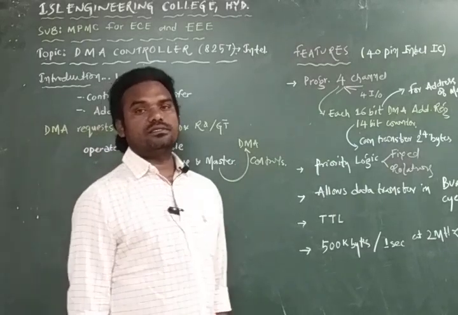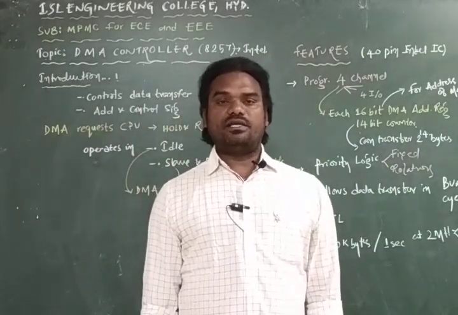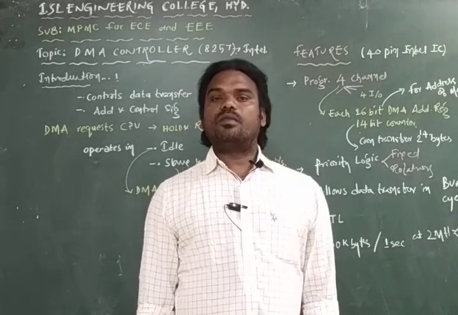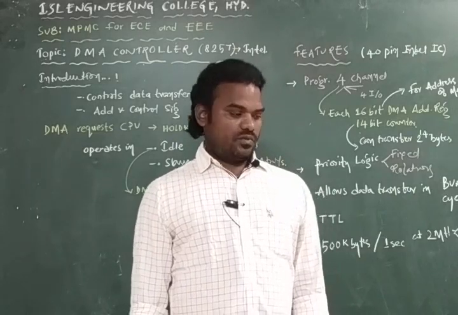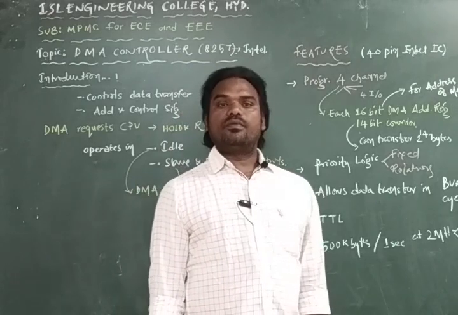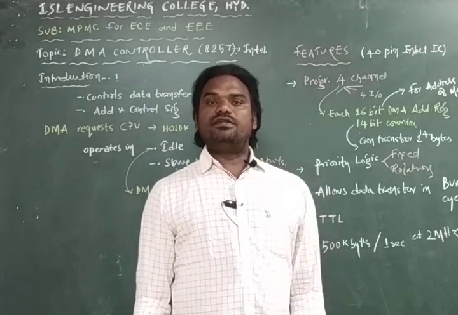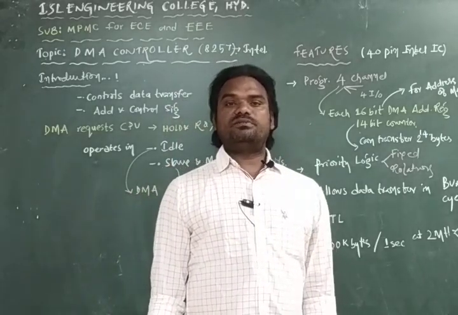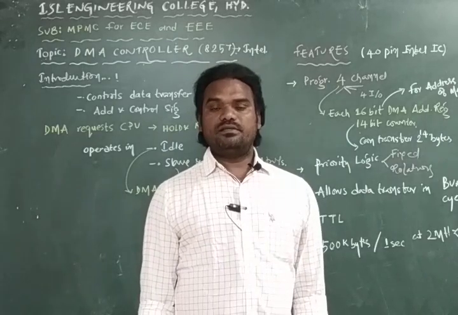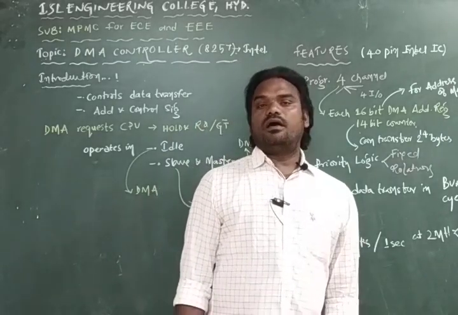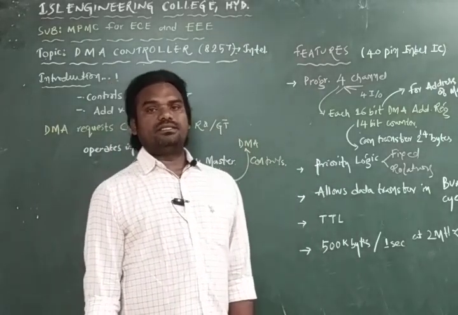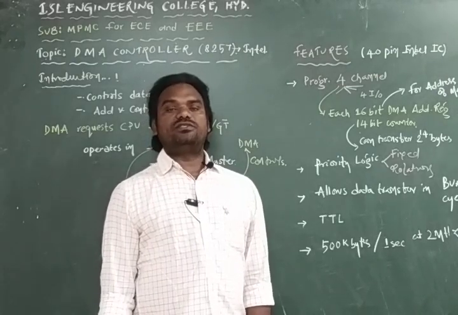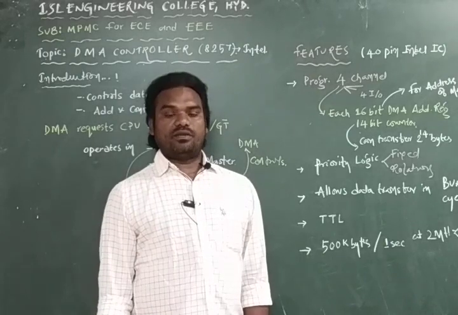In the previous classes, we have studied various peripheral devices like the 8255. The 8255 is a programmable peripheral interface which can be used to interface input-output devices with the 8085 or 8086 microprocessor. To achieve compatibility between the processor and the input-output devices, we can have interfacing devices. The complete third unit deals with the interfacing devices of the 8086 and 8085 microprocessors.